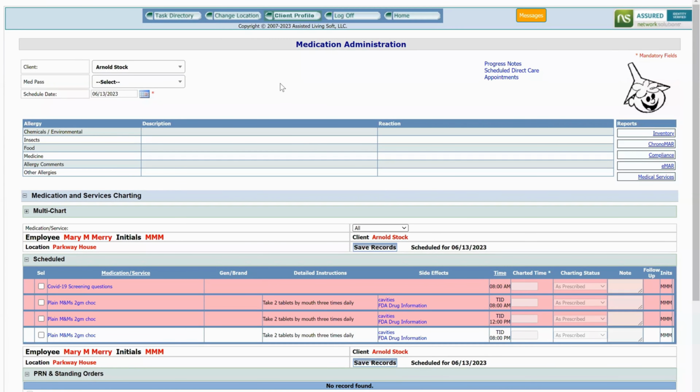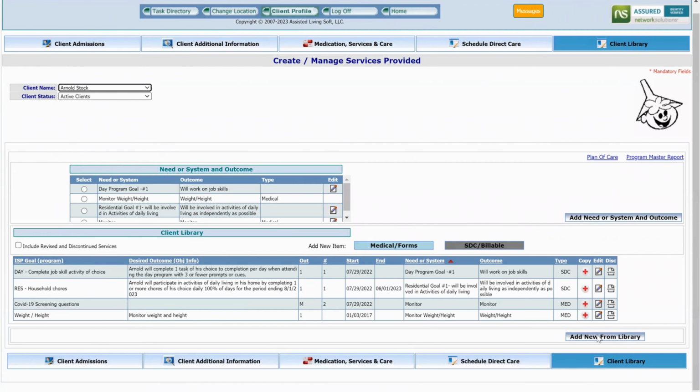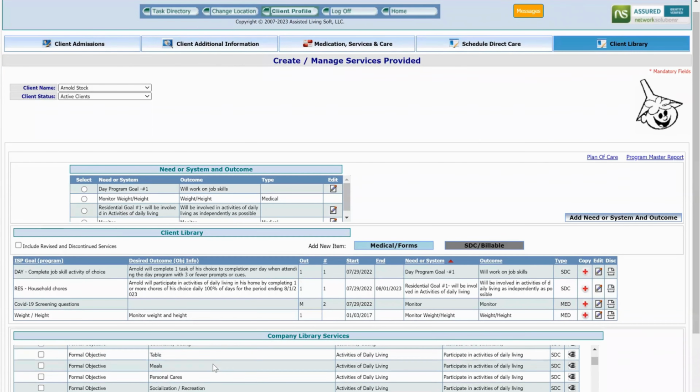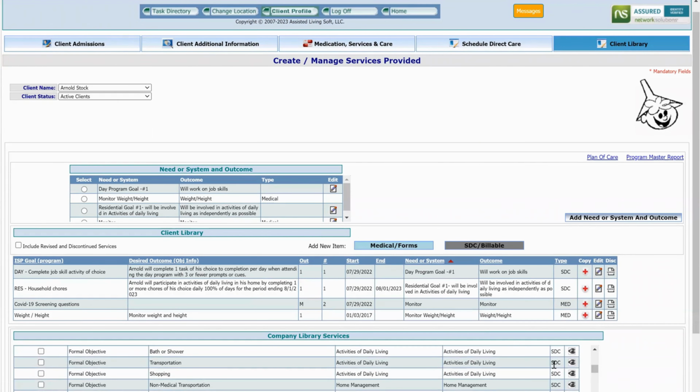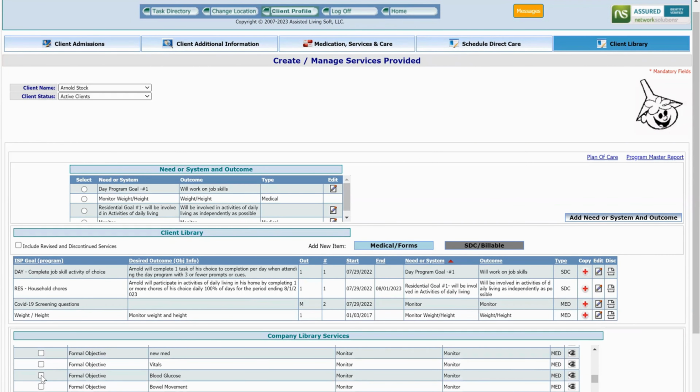Okay, this is an example of how to set up blood glucose charting for insulin that is given based on a sliding scale. The first thing that you do is you go to the client master and to the client library. The next thing that you do is you go add that service from the company library, just the vanilla service. So I go find here, I can see that I'm in the medications now, and there's the blood glucose,